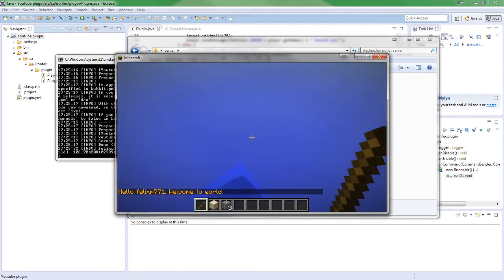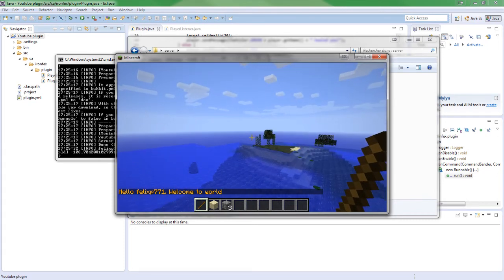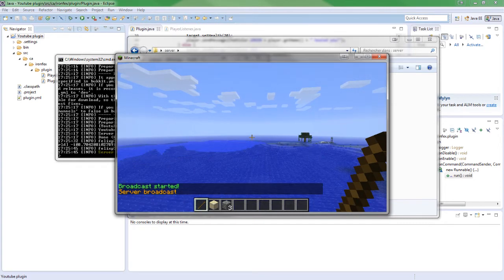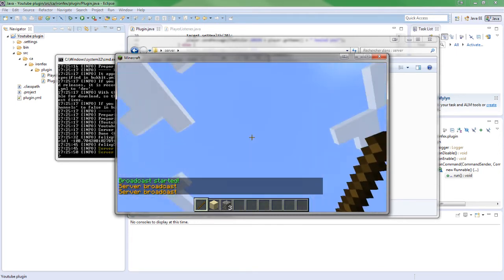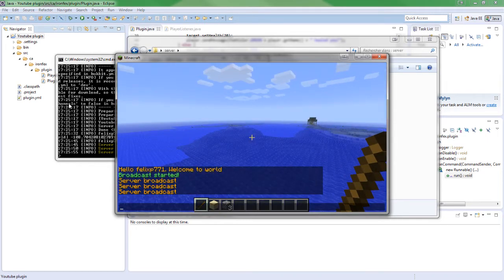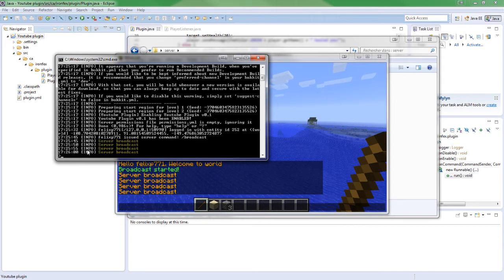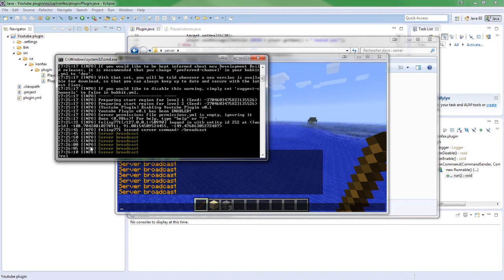So we still have this tick from last episode, and we want to type in broadcast. So server broadcast. It started. So we wait 5 seconds, and there's another one. So you can see here, actually, in the console, you can see at 25, 45, then 50, then 55, then 26, and each 5 seconds it's gonna broadcast this, and it's not going to stop unless you reload your server